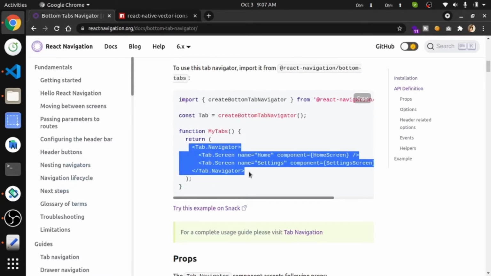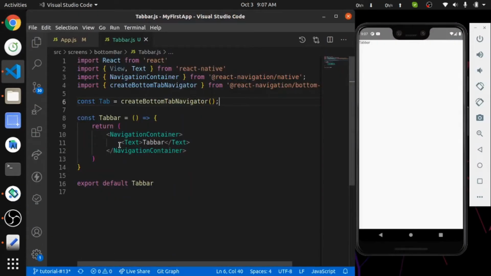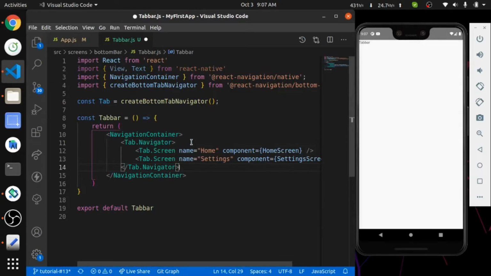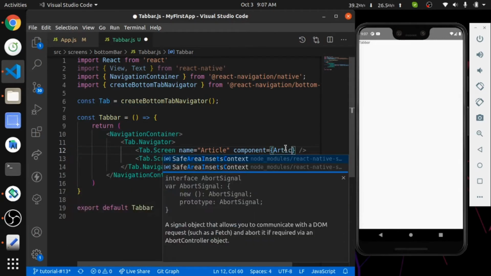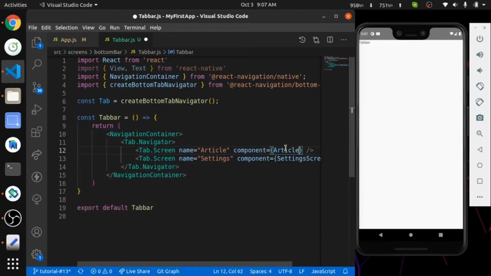Adding Tab.Navigator and inside this Tab.Screen, like we did for the side drawer in the last video. Inside Tab.Screen we have to pass some props for our bottom tab menu, like name, what will display in the menu and top of the header, and in the component prop, which component we want to show on the menu. So I am adding name and component.